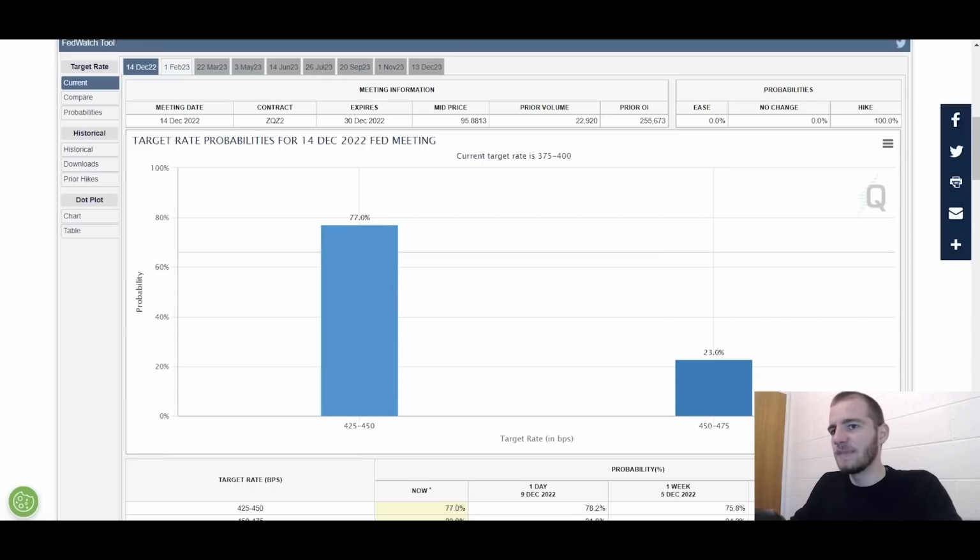So for example, if CPI comes in dramatically higher, we might see the chances for a 75 basis point hike skyrocket, which will dramatically change the market structure. So this is why, when people say, oh Wolf, do you think the market's going to go up or down based on CPI and FOMC? It's like, if it was just one event, I'd be able to tell you. But since it's two events that are largely out of my predictive control, it's very hard to say. We just kind of have to wait and see what happens.